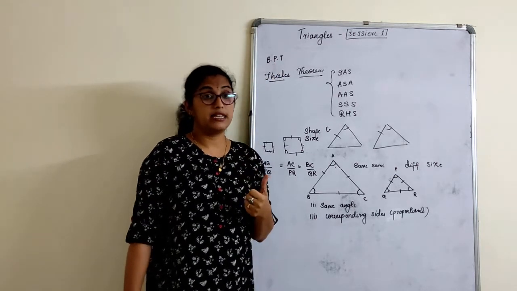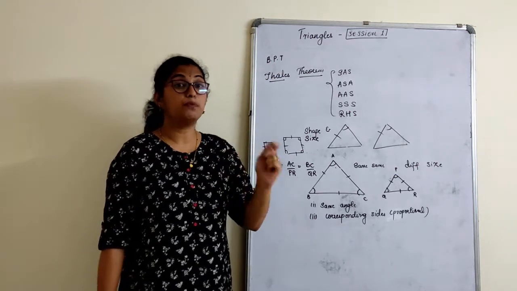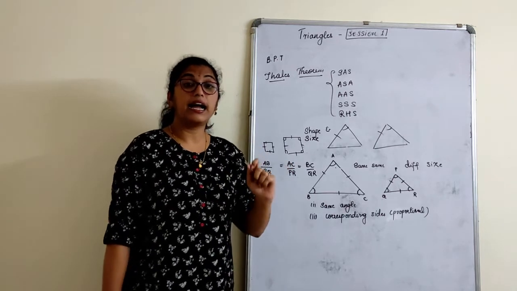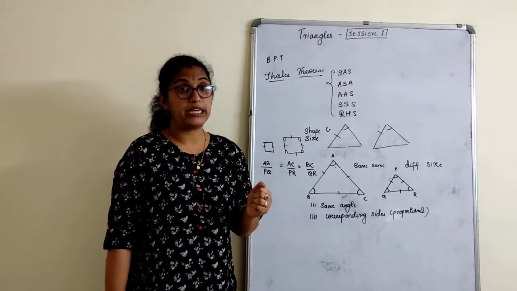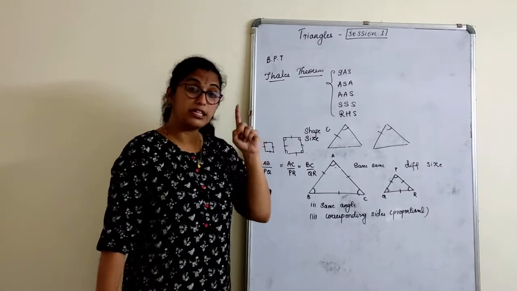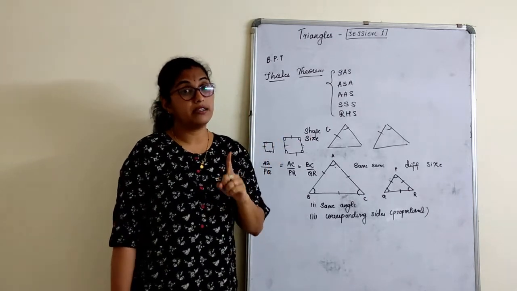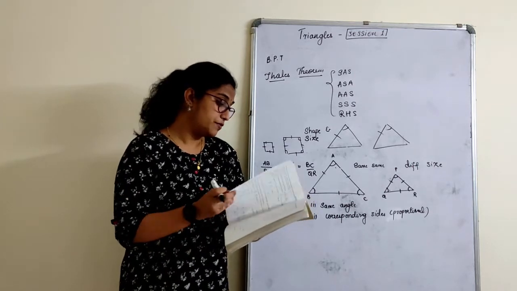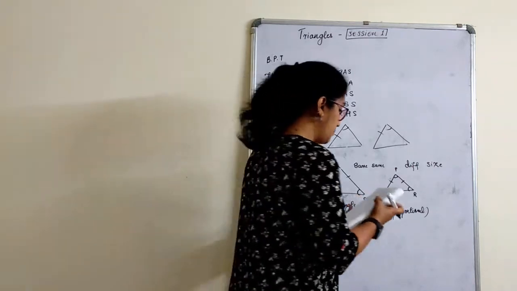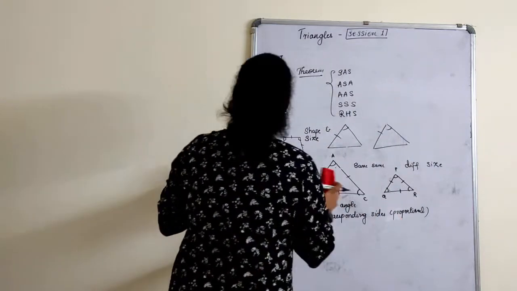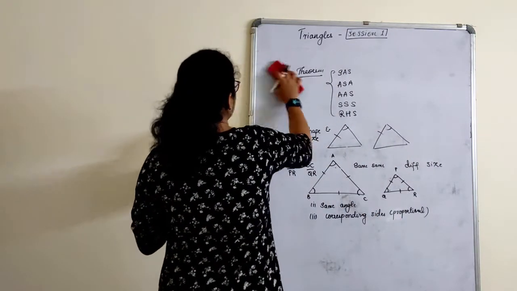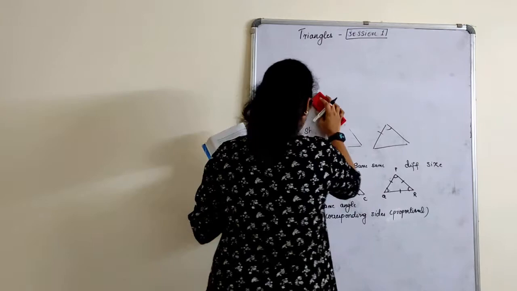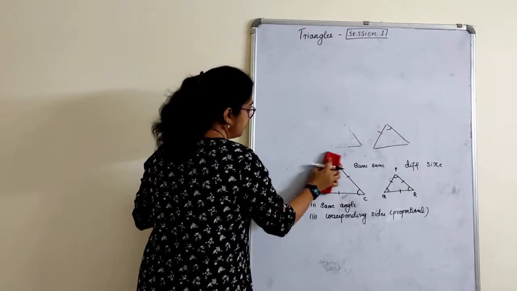Usually it is asked in the examination, state and prove BPT, state and prove basic proportionality theorem, right? So the statement as well as the proving part is very, very important. So you can make a note of this theorem. We will start with this. Prove that if a line is drawn, I will write the theorem on the board. A simple and an important theorem.